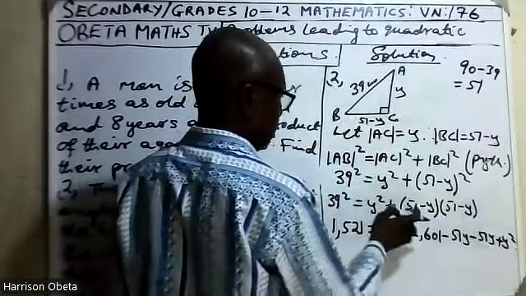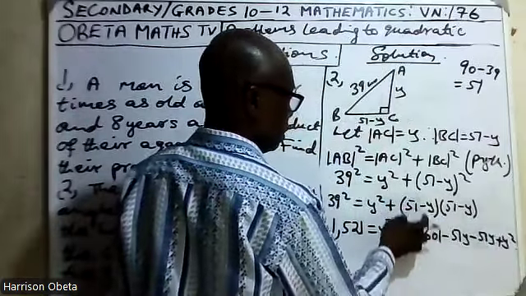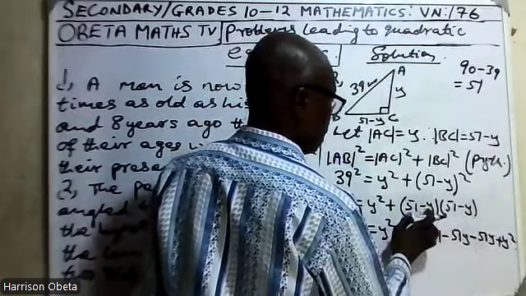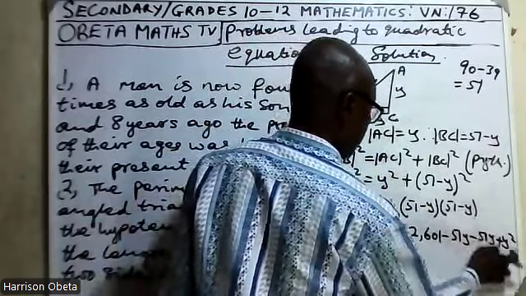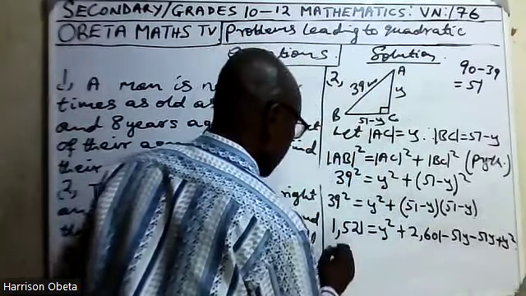That is, this time this will give us this, this time this will give us this, this time this will give us this, and this time this will give us this. So bringing them together, we have